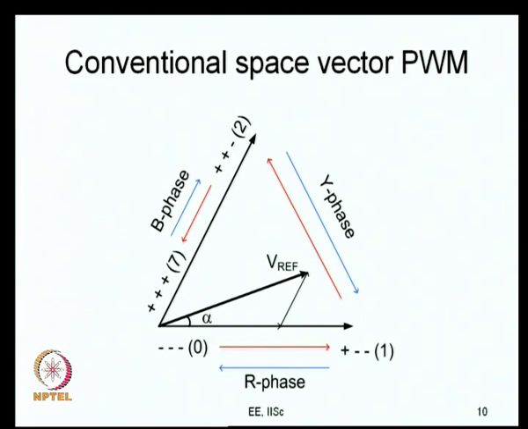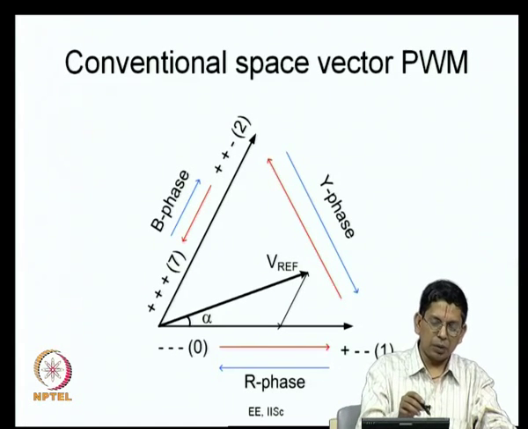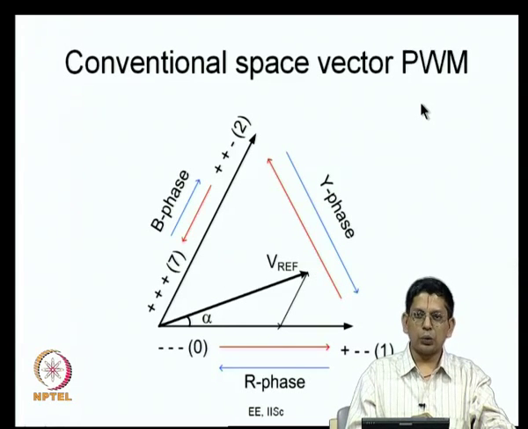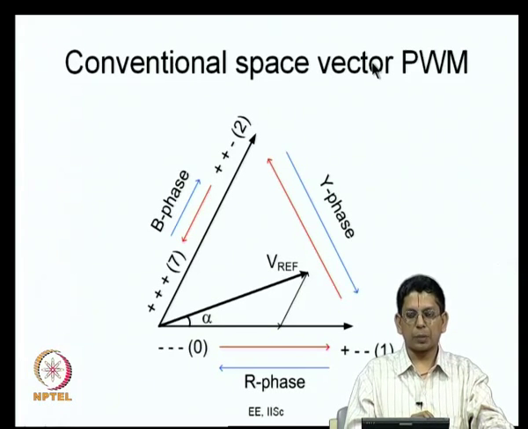Now, we are going to be dealing with the calculation of RMS current ripple exclusively for conventional space vector PWM today, though the process is quite general. You can use the same process for the other PWM methods also, which is something we will discuss in the next class. So, today the focus will be on RMS current ripple, particularly for this conventional space vector based PWM. So, you can probably take this as an illustration of how to calculate RMS current ripple with conventional space vector PWM as an example. So, let us move on.